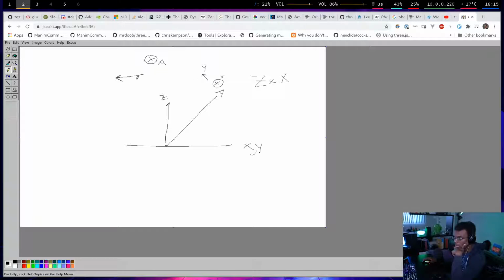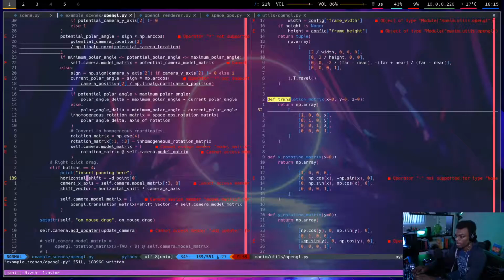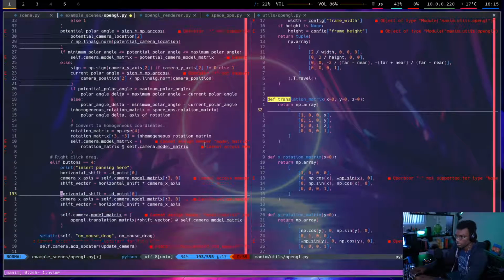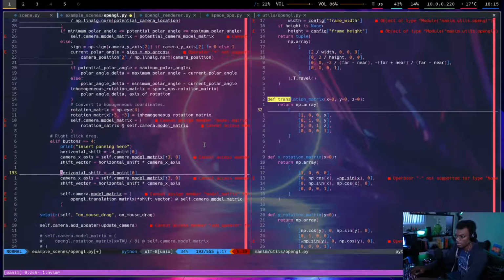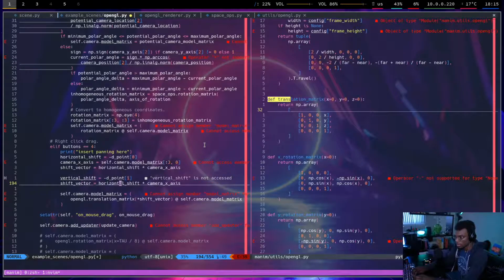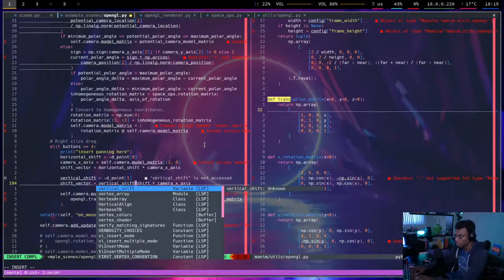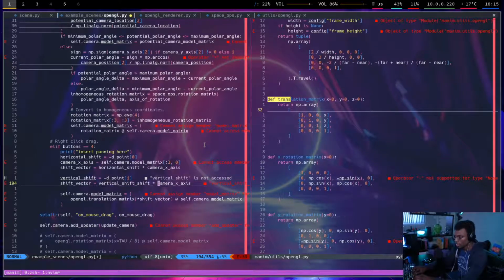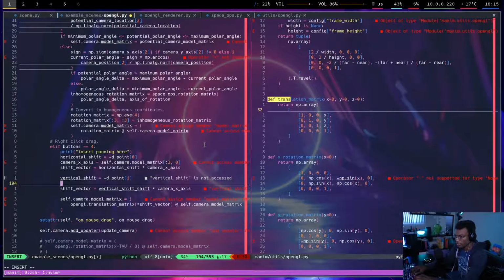Let me just look at that again. Yeah, I think it's fine. So let me try doing that. So this will be the vertical shift. Whoops, what'd I do? This will be the vertical shift. I'll take this at 1. Get the camera's x-axis, where I already have that. I'm going to take the vertical shift. Not times this. I'm going to want to do